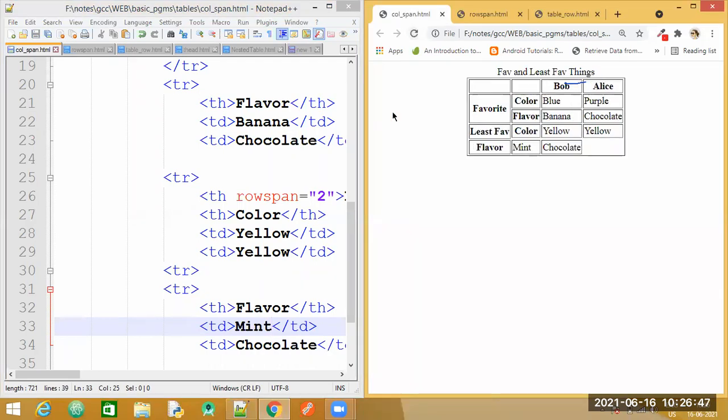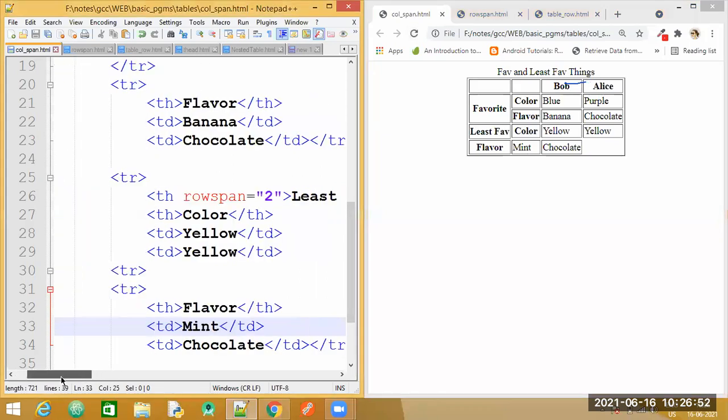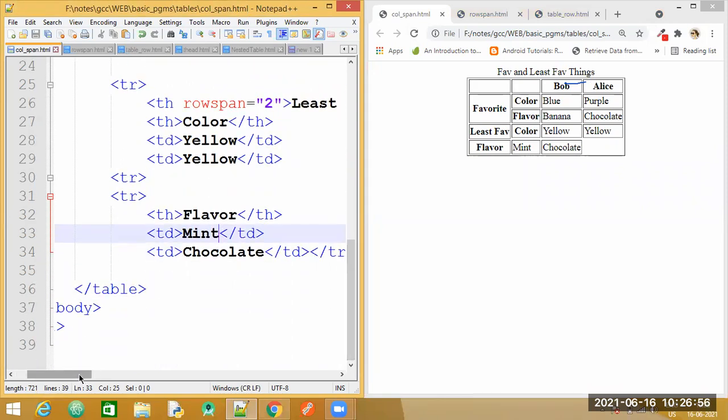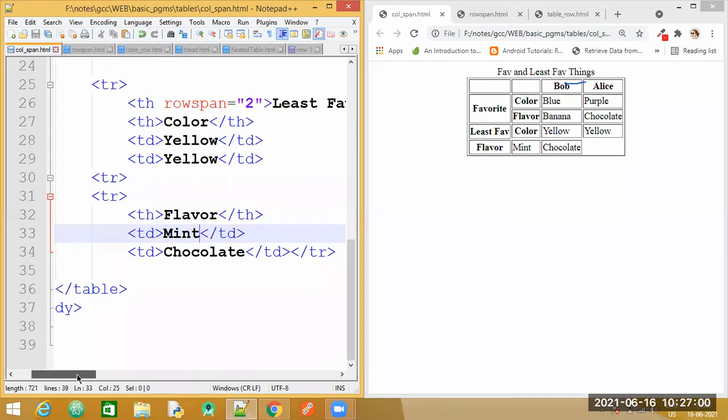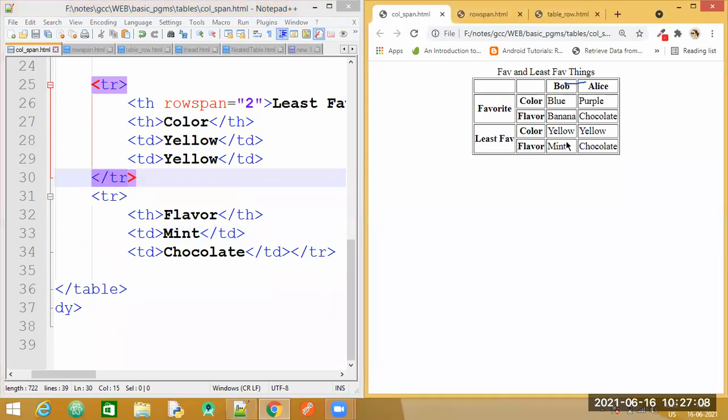Okay. Now have a look here and tell me which part of this code needs to change. Ma'am, closing of TR. This has to close. Let's refresh. Correct. So we have achieved the output here. So I hope you have understood these two properties. Let's move on to the next property also.